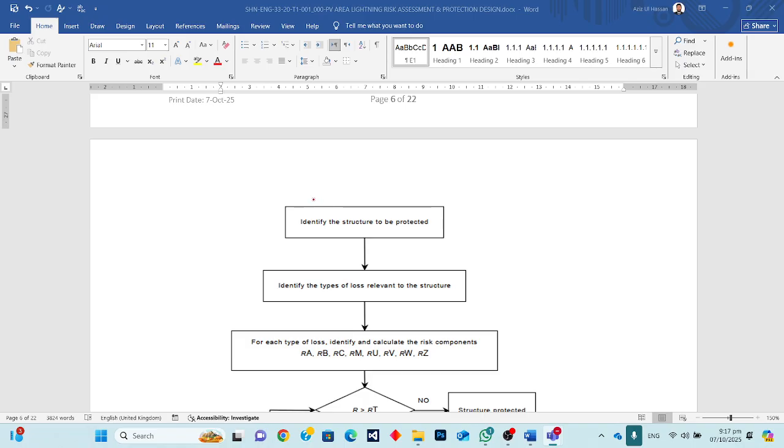So here basically we identify the structure to be protected. Then identify the type of losses relevant to the structure. There are four types of losses, so we have to check which type of losses is relevant to our solar plant and our calculations. Then on that basis,